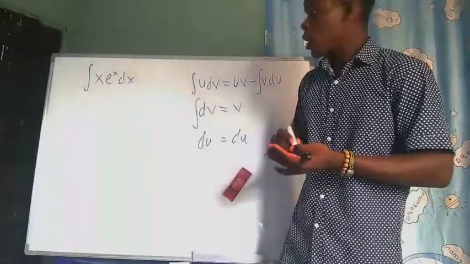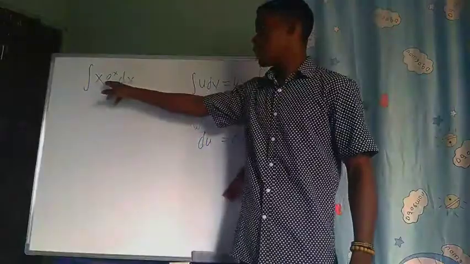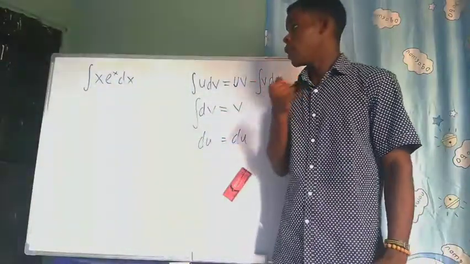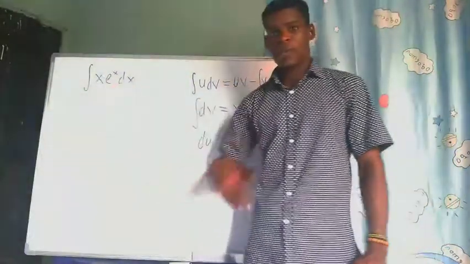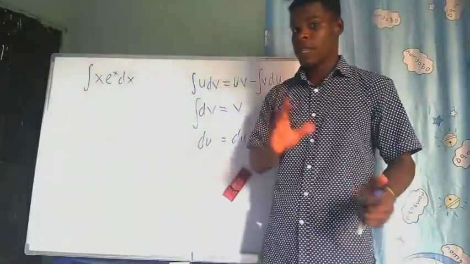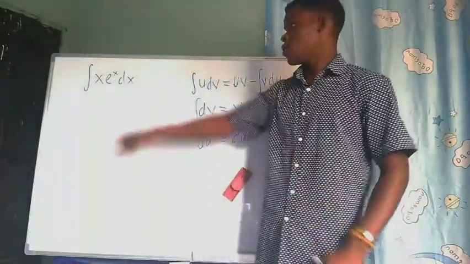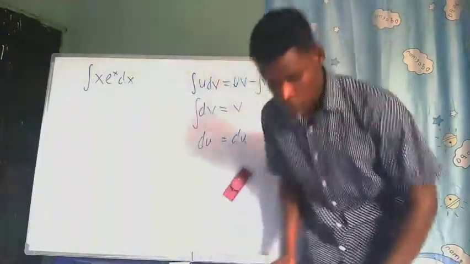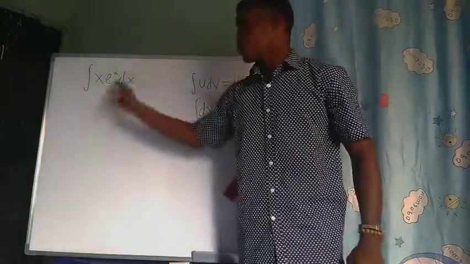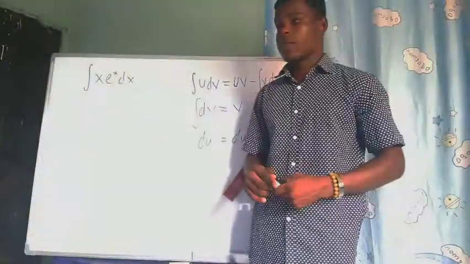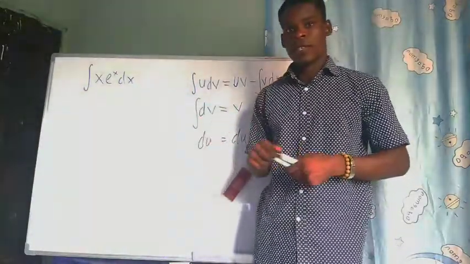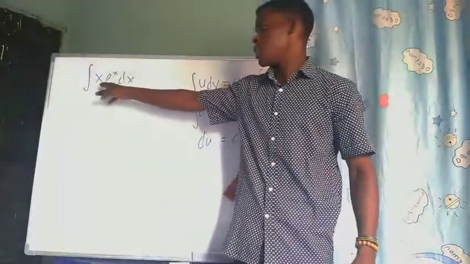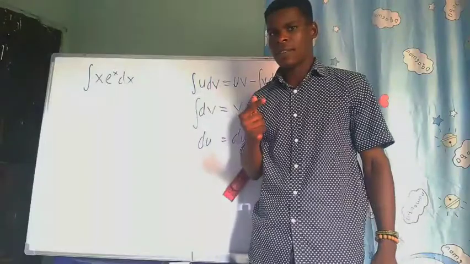Now you look between x and e to the power x, which one is easier to differentiate? Well, x is easier to differentiate. You know the derivative of x with respect to x, very nice. And you also know the derivative of e to the x with respect to x, also very nice. Now, how about integration? Which one is also very easy to integrate? Both of them are quite easy to integrate, alright? Great. But you know that if we differentiate x, we're going to actually get a constant, and that will make